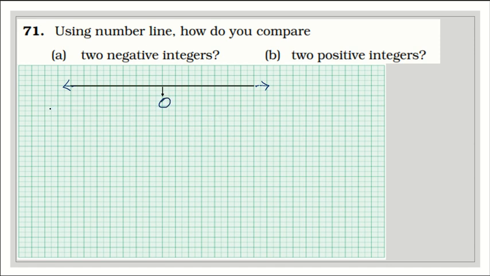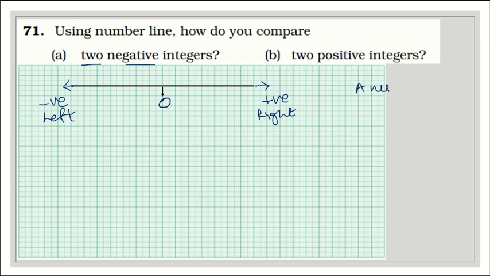All the negative numbers lie on the left side of 0, and all the positive numbers lie on the right side of 0. Now students, if I am comparing two negative numbers, we have learnt a concept that